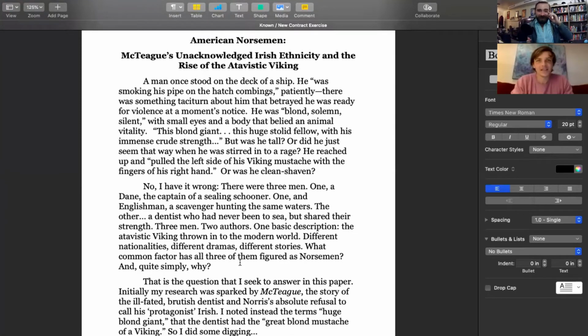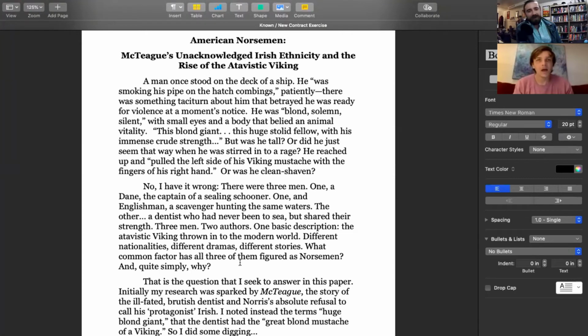So this second example is actually from me. This is one of my college essays, one that I enjoyed writing. It has a number of issues. It's got a number of tone things, but what I like about it is the way Known-New is employed. Peter, would you mind going ahead and reading this for us? Or at least we can do a paragraph by paragraph handoff. Yeah, my pleasure.